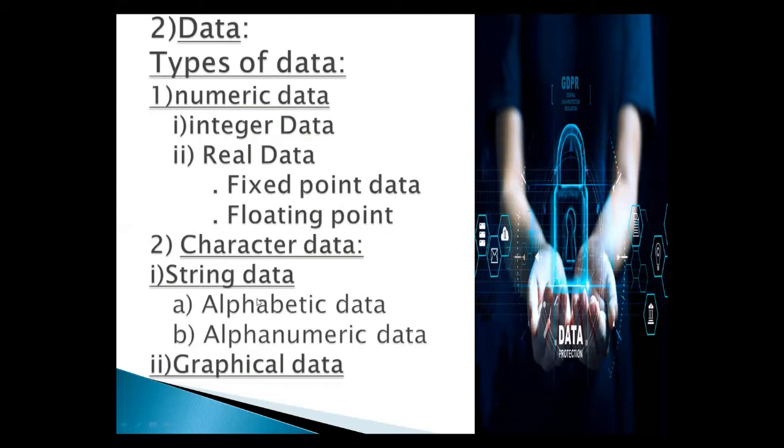Okay. Next is the graphical data. It is possible that pictures, charts, and maps can be treated as data. The scanner is normally used to enter these types of data. The common use of this data is found in the national identity card, where the photographs and thumb impressions are scanned and stored in the computer to identify a person.